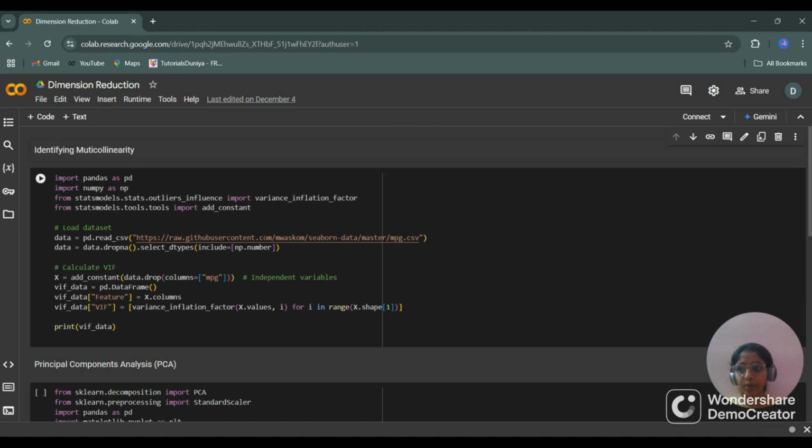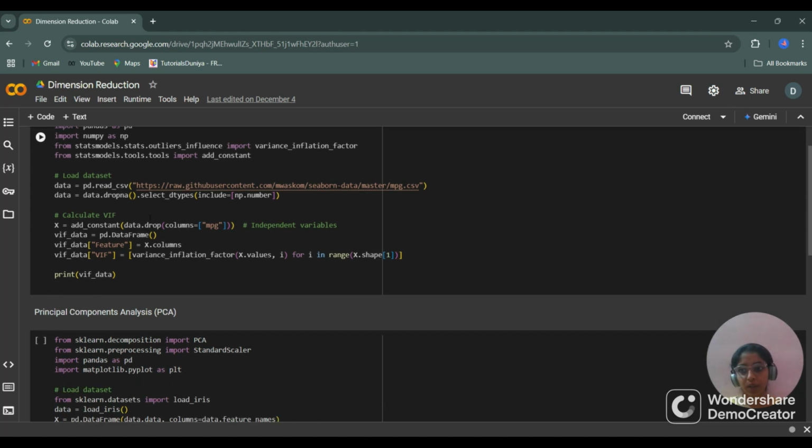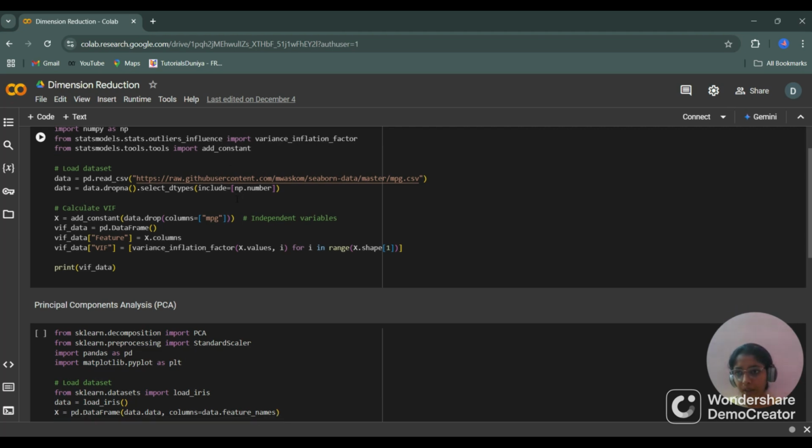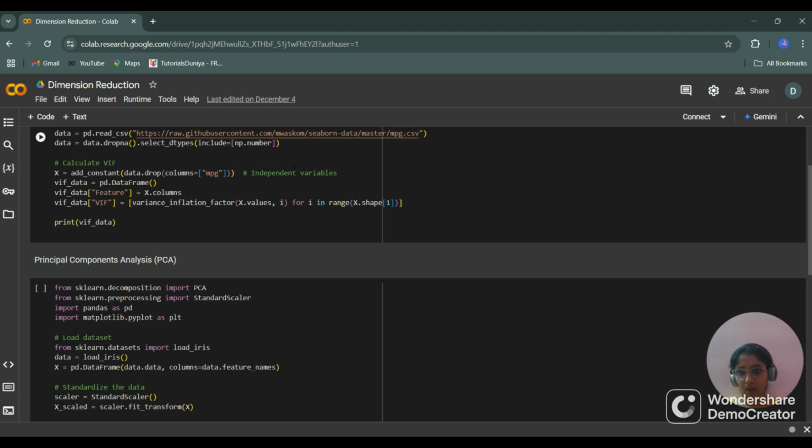Here we have imported the libraries: pandas as pd, numpy as np, from statsmodels.stats.outliers_influence we have imported variance_inflation_factor, and from statsmodels.tools we have imported add_constant. First we have loaded the dataset, then we have dropped some unnecessary columns, and then we have calculated the VIF, the variance inflation factor, on the independent variables.